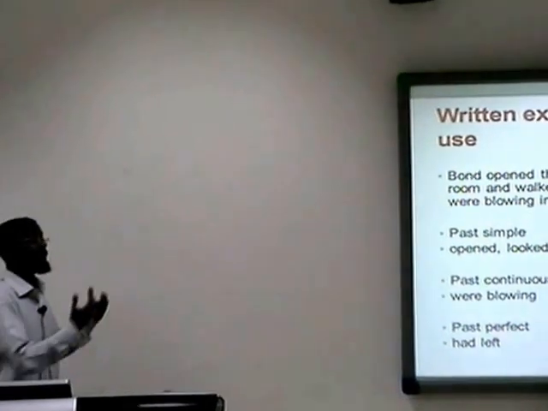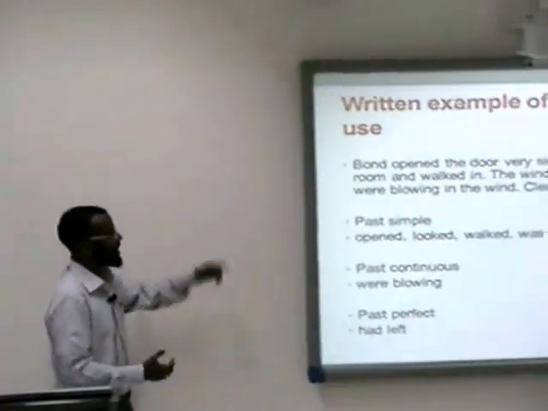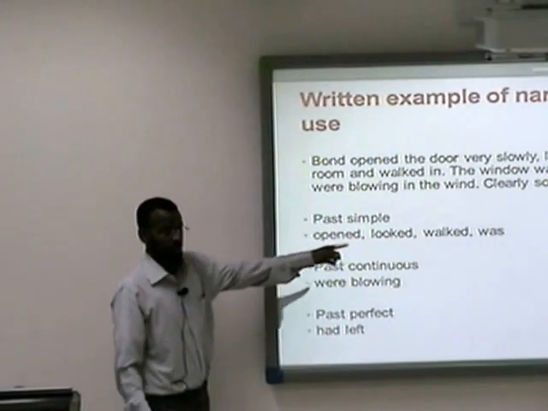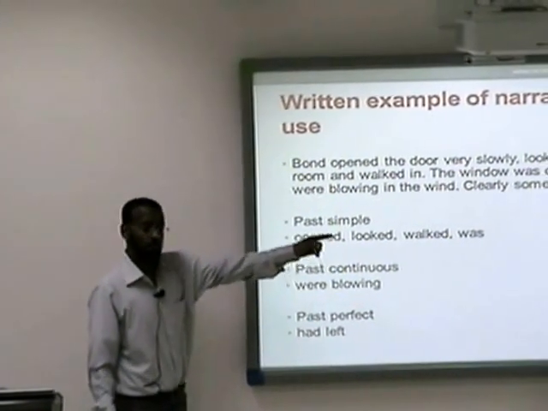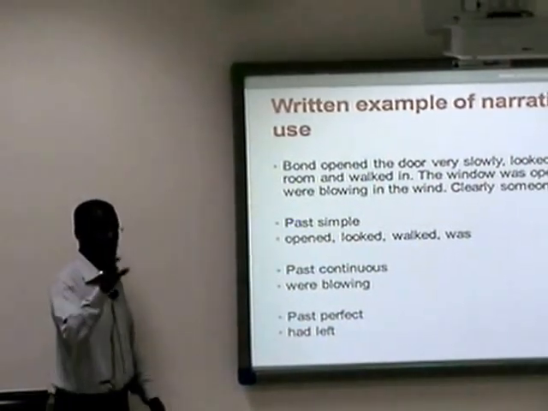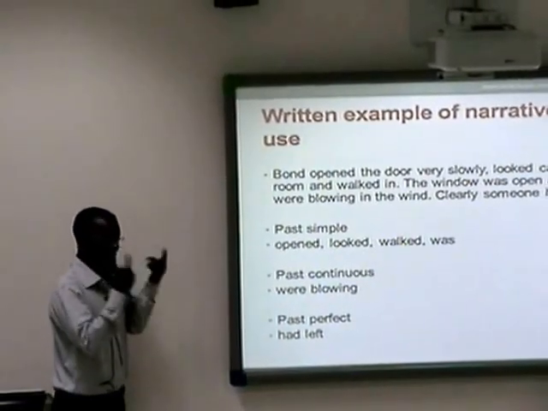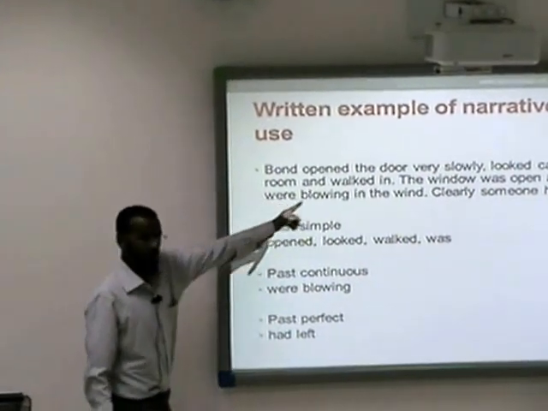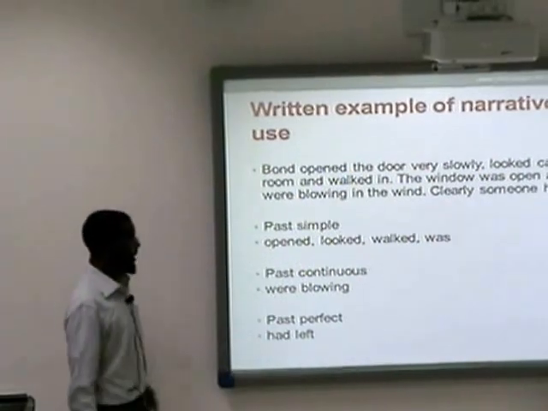Good. Let's identify the tenses in this paragraph. Past simple: often, looked, walked, and was. Past continuous: I know you are having problems following me, so I'm just going to read it, okay? So past continuous, were blowing. Past perfect,